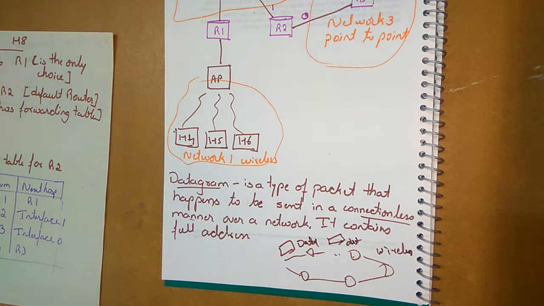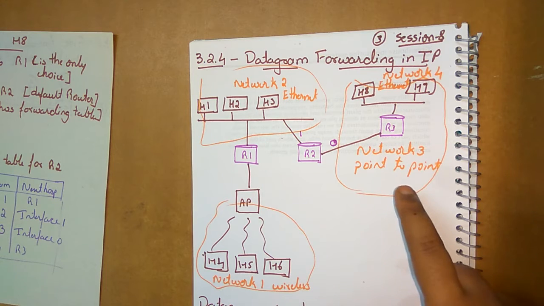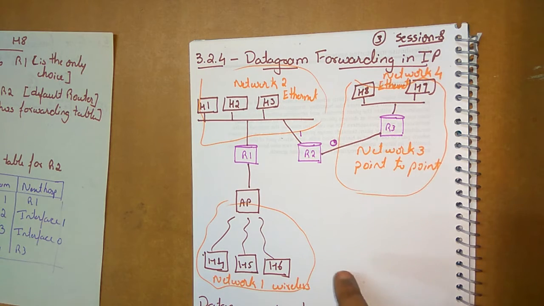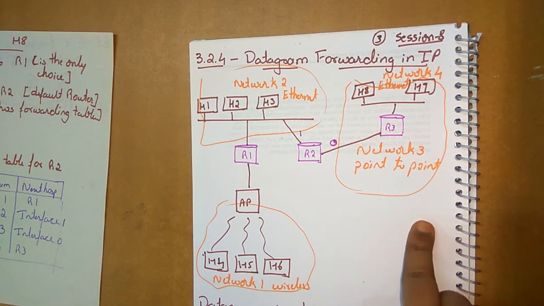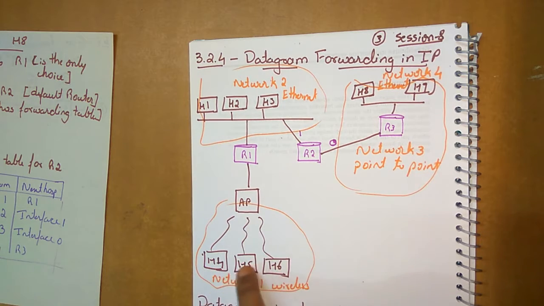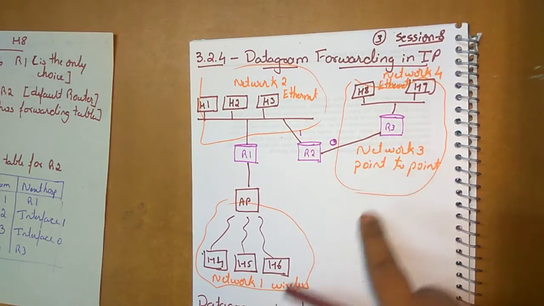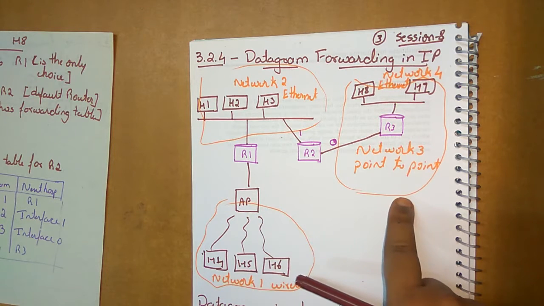Now, how does datagram forwarding in an IP work? These are the steps. First, a datagram is sent from the host to the destination host. First, it tries to establish whether it is connected to the same physical network as the destination. If I am connecting from H4 to H5, it will make sure whether it is connected or not. It will compare the address, whether it is in the same network or whether I have to go to another network. Like that, it will check by looking at the IP address.